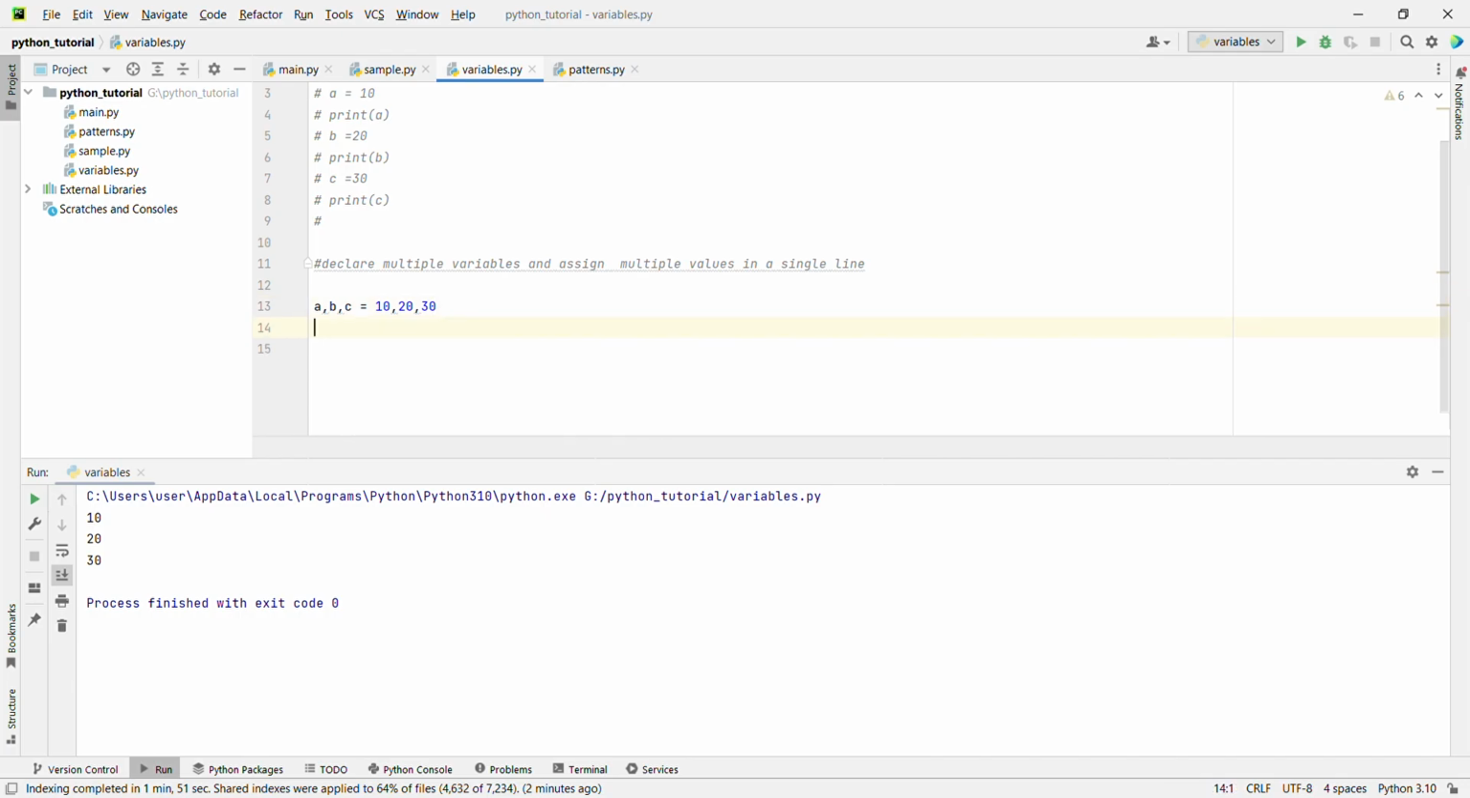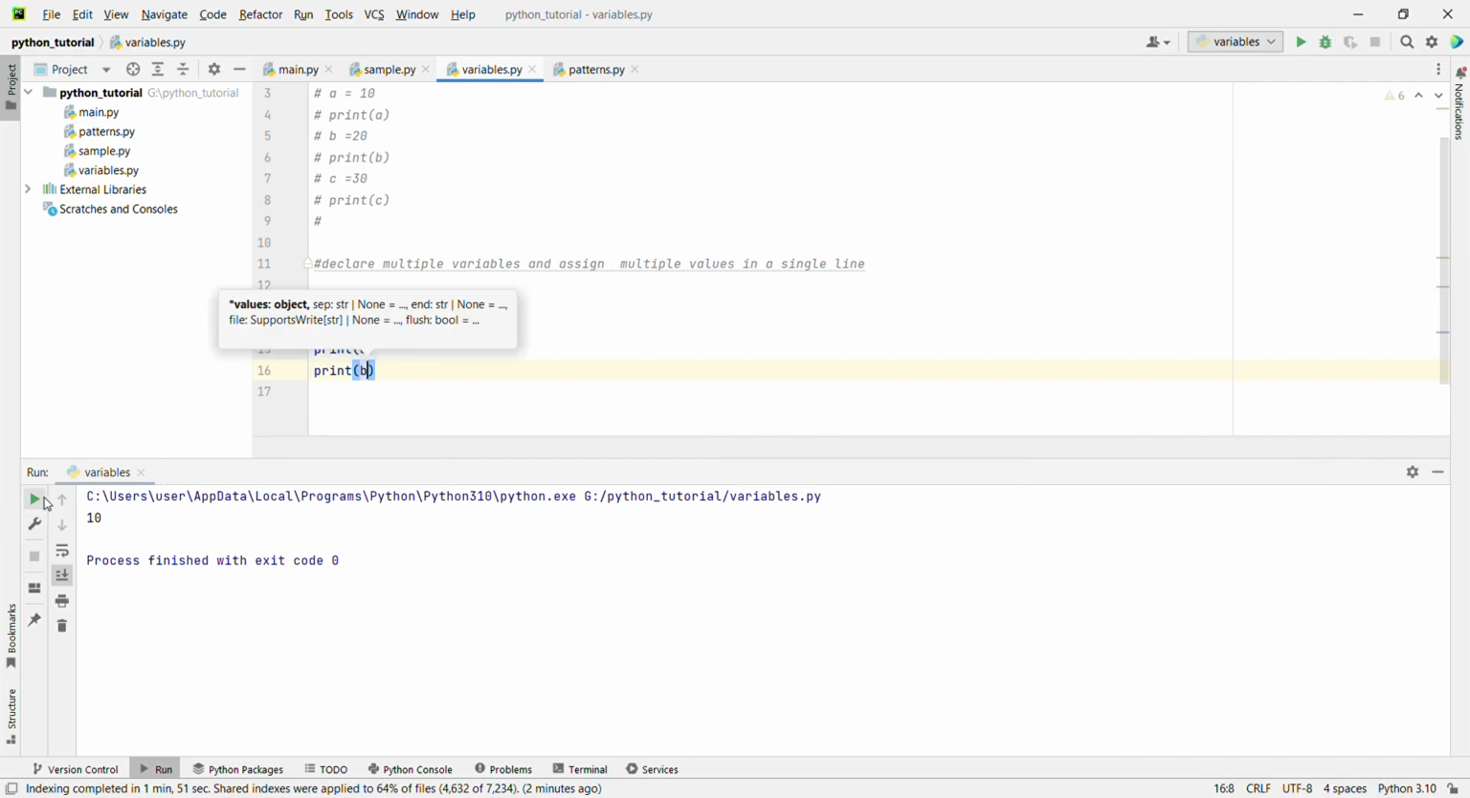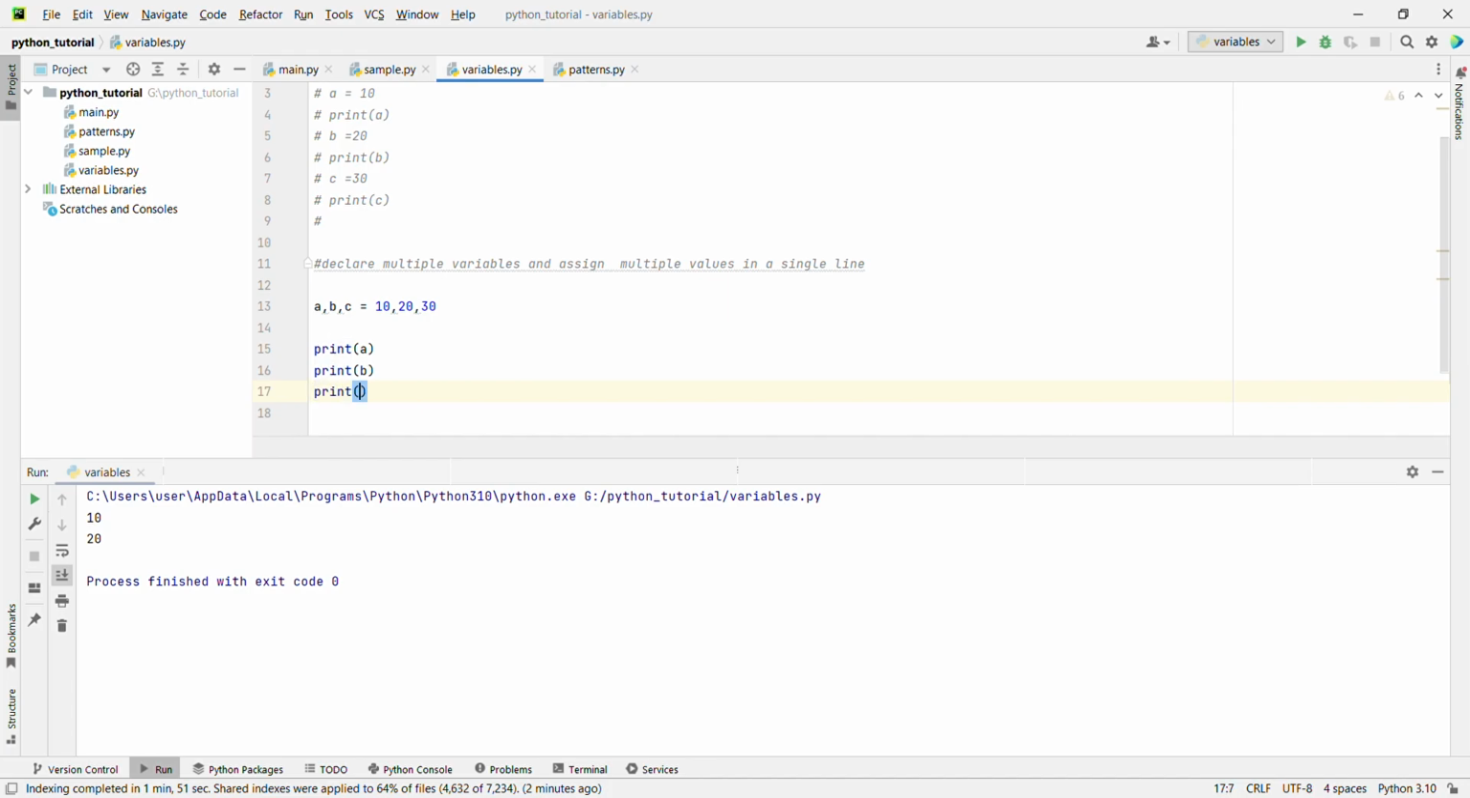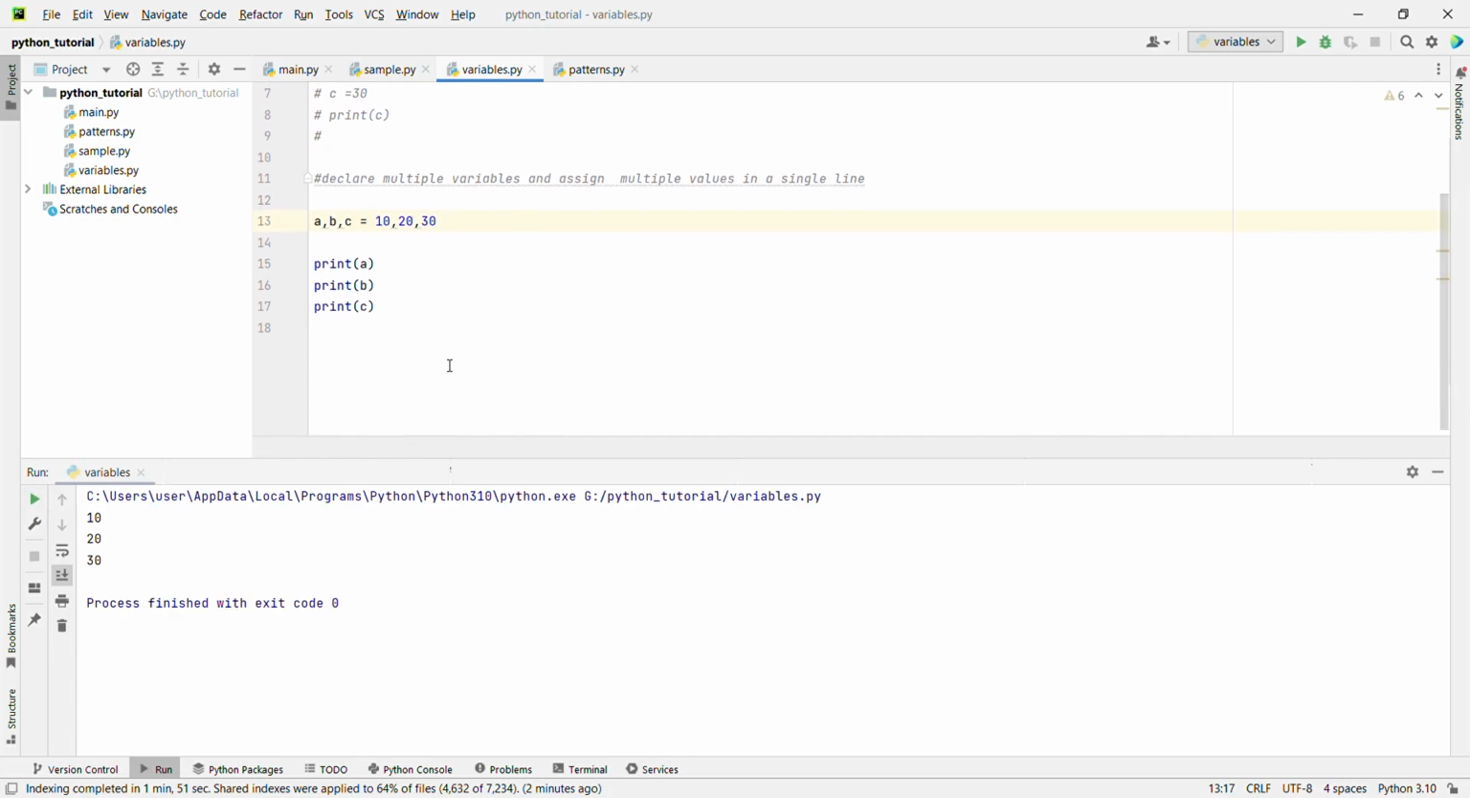For confirmation, we try to print the variable a. It will return the value 10, because the value 10 is stored inside the variable a. Then we print the variable b, and it will return the value 20, and then we print the variable c, and it will return the value 30. So in this way we can declare multiple variables and assign multiple values in a single line. And the third approach is